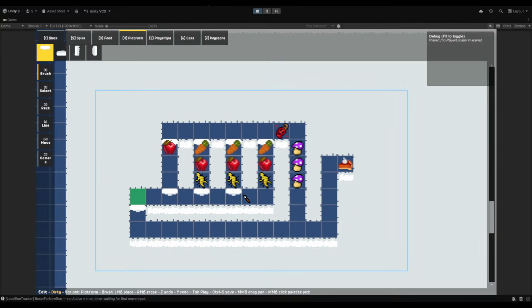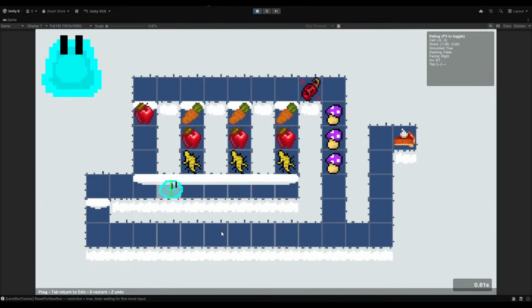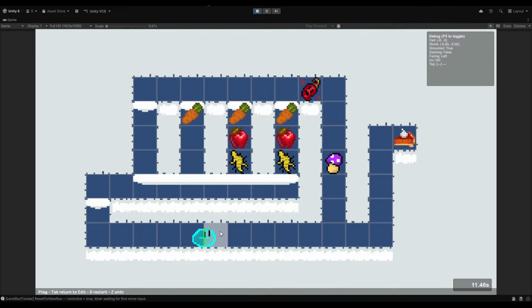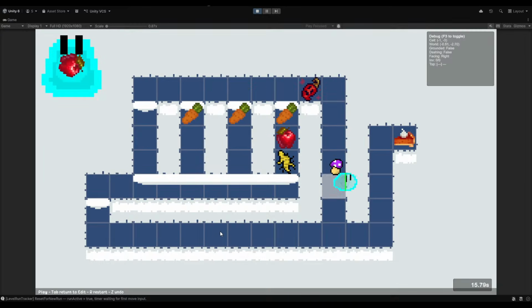The easiest way I can do that is just put platforms here. I don't know if I like that. No, this is too straightforward. This is way too straightforward. Now you just get the food and win.